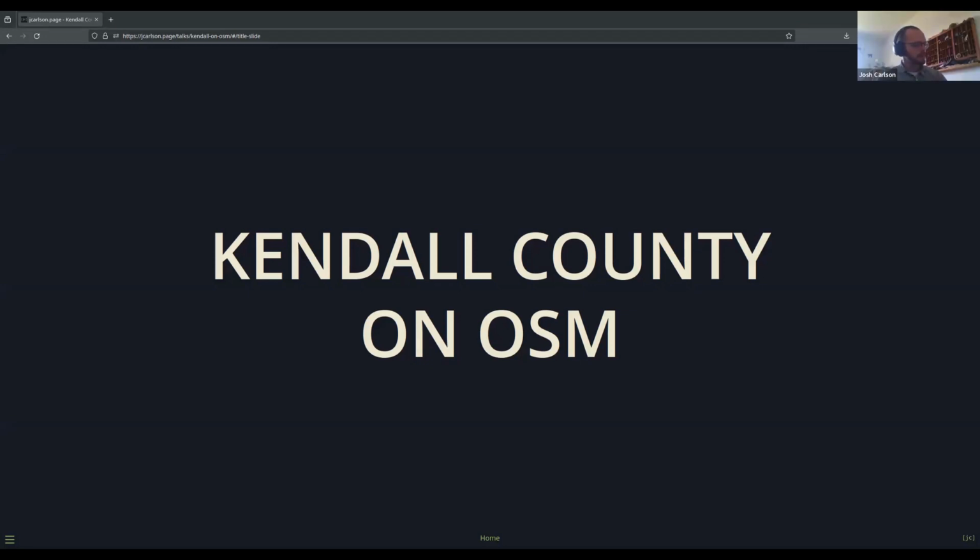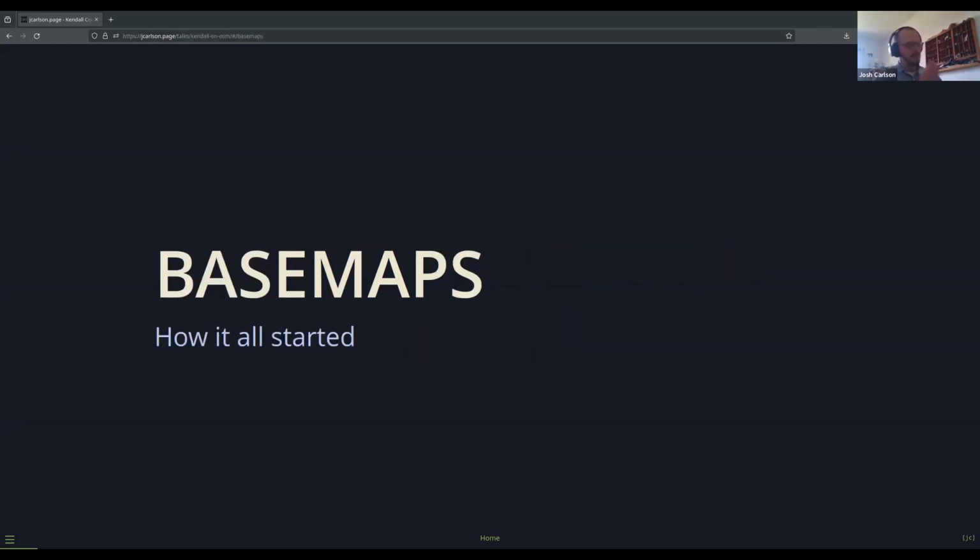I was an OpenStreetMap editor before coming to Kendall, and I talked about it enough that I kind of got the rest of the department on board. But base maps was really where everything started. We're a county in the United States, so we are primarily an Esri organization.